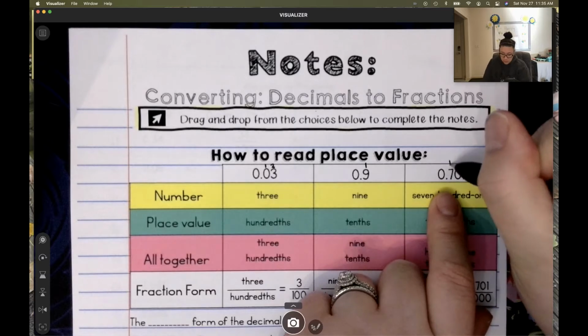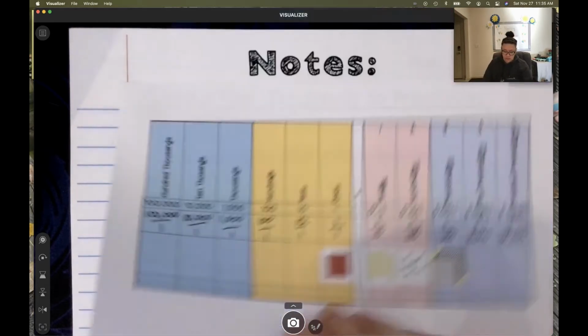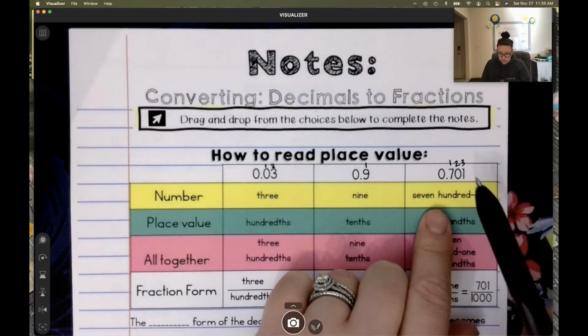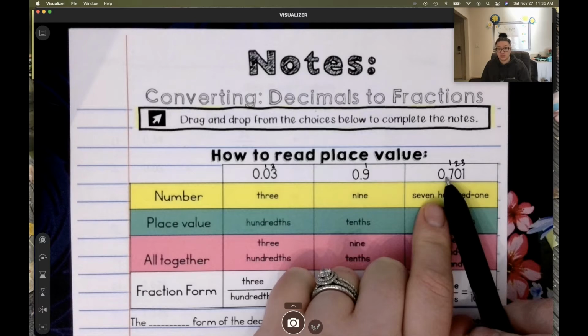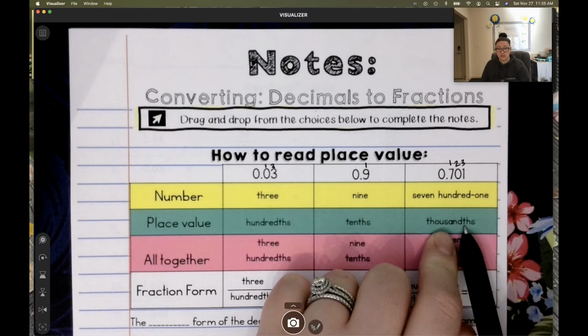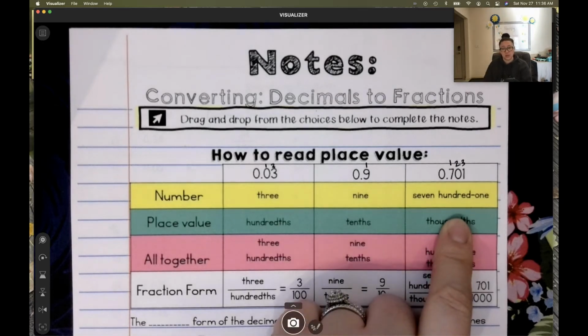This next one, we have 3 numbers after the decimal. So what do we call 3 numbers after the decimal? Thousandths. Reading the number without the decimal, we have 701. 701 thousandths. So my numerator is that 701. My denominator is thousandths. When we read this number, a lot of people want to say "seven hundred one," but that's